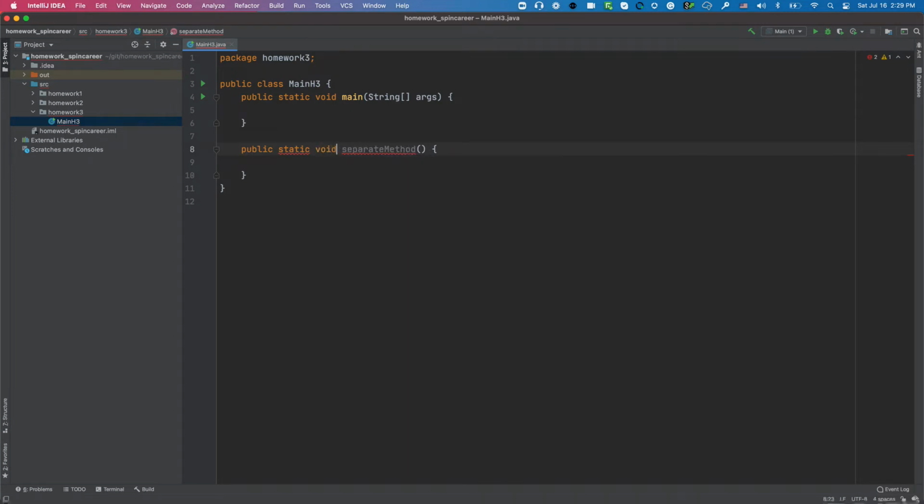I'm gonna use void because it has nothing to return. I'm gonna use static because we're not gonna create any objects. We're gonna keep working in the same class, main h3. And if you want to call a method inside of a static method, you're gonna need to have static for both of them. If you create an object and call the method from another class, then that method can be non-static. So I'm gonna call this separate method. Perfect. So now when I run this main, it's gonna call this separate method for me, because I